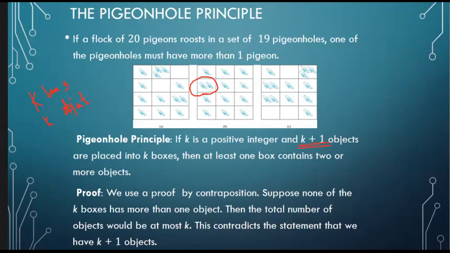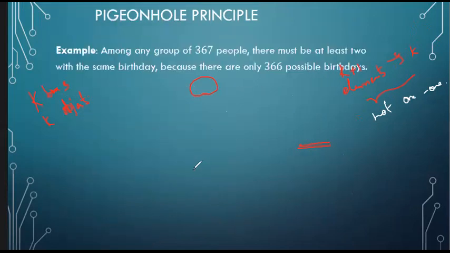Apart from that, whenever we are speaking about the pigeonhole principle, a function f from a set with k plus 1 elements, we are talking about k plus 1 elements mapping to k elements. Okay, so in this case this function is not 1-1. This is not a 1-1 function, and based on this we can say that whenever we are taking any pigeonhole principle, it cannot be a 1-1 function. The same thing is explained.